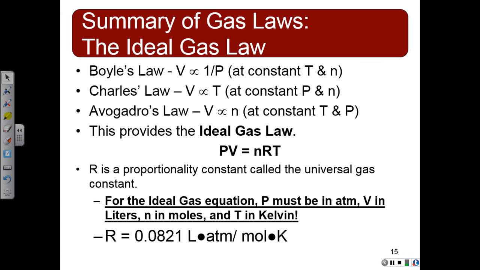R is the universal gas constant. This was derived, and we're not going to spend time on how, because it would take us probably 4 days. It is just a constant that you plug in, just like you did in lab. Some of you had questions on it, rightfully so, since you hadn't been exposed to it. It is 0.0821 liters ATM per moles Kelvin. This is the unit of R. It doesn't mean you multiply anything else, those are just the units. This number will be given to you on the exam. You don't have to memorize it, and I'll give you the units.